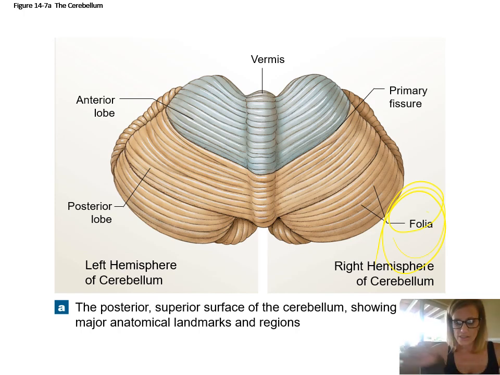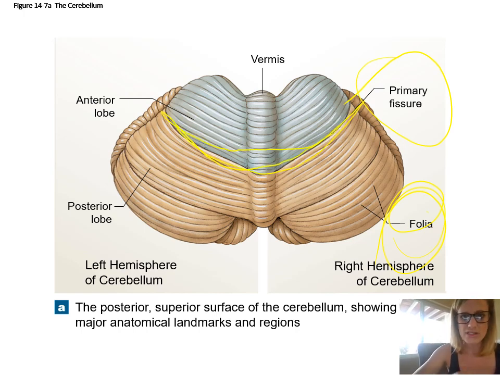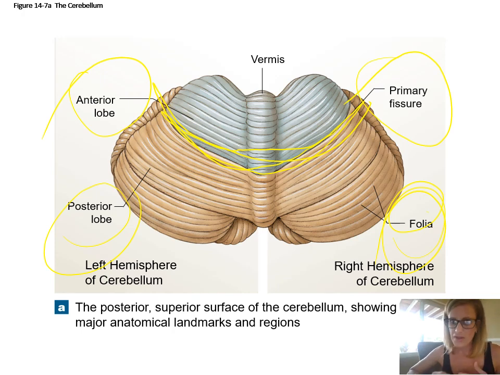If you look horizontally, right, going horizontally across the cerebellum, we see the primary fissure. That's just a little bit deeper of a fissure that we see right here that separates the cerebellum into the anterior lobe, which is shaded in blue, and the posterior lobe, which is shaded in brown. This is really difficult to distinguish in reality. The vermis, however, is pretty easy to see. The vermis, you guys see right here,